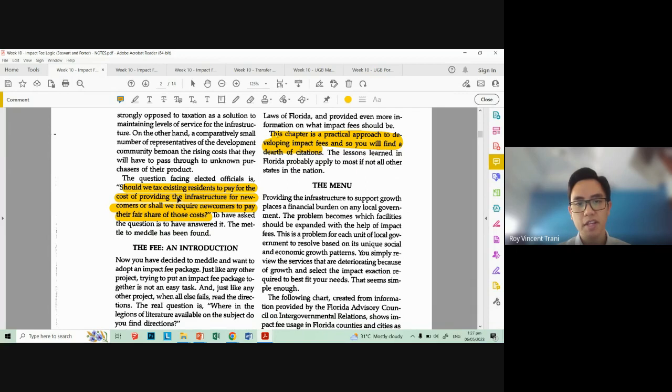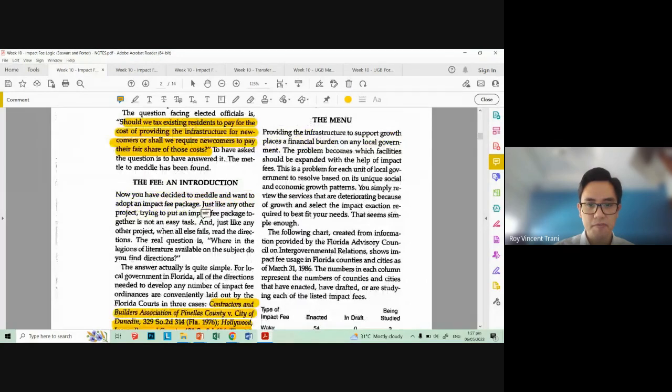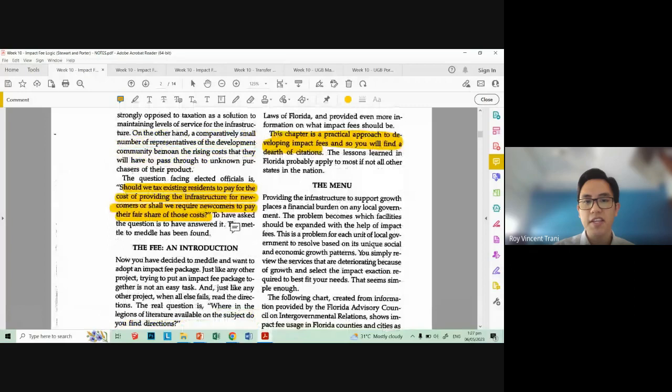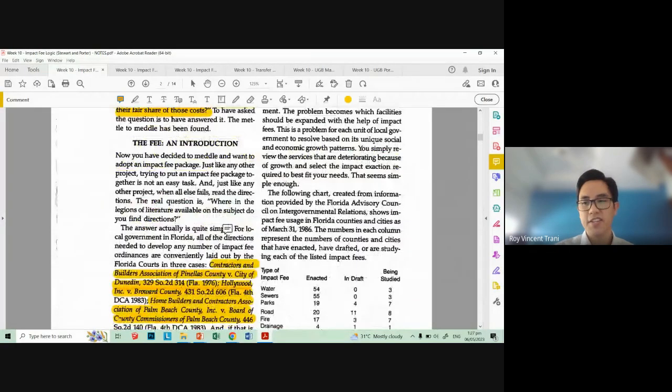Will it be the residents who are not yet in that subdivision but in that area, that barangay, or is it actually the residents of the specific subdivision who need to pay for this new infrastructure? So obviously, I think the answer here is that it should be the developer, not the residents who pay, because the developers should be providing the complete package, like a lot with water, electricity, and